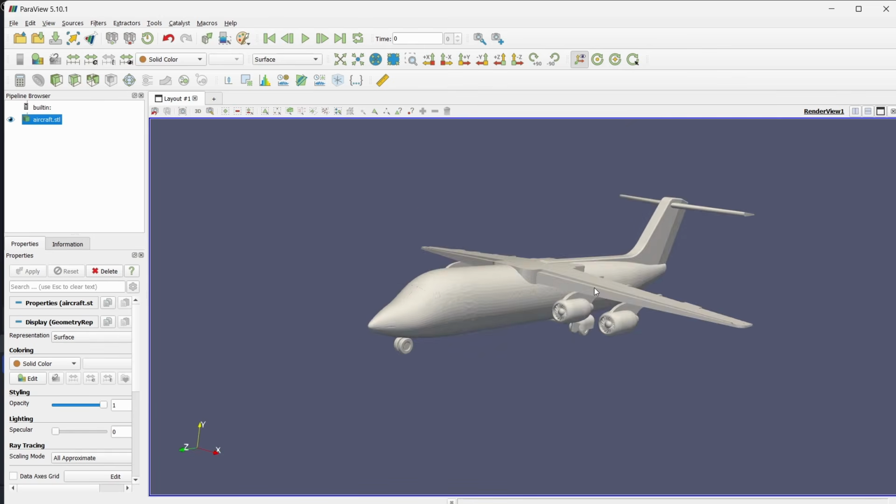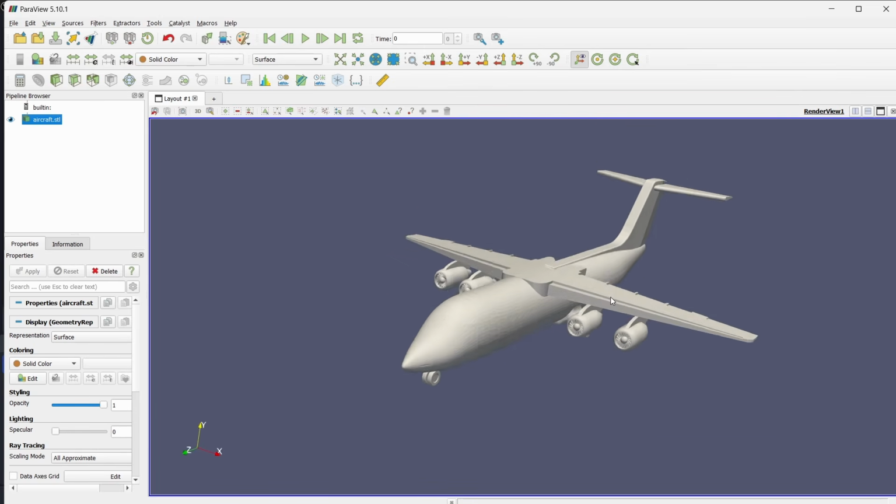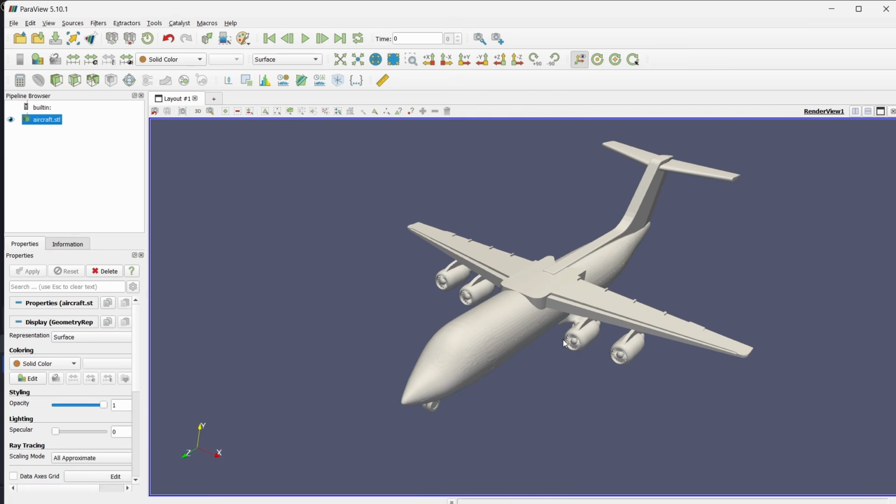This is a plane which I downloaded from GrabCAD. I will give you the link for the geometry. This file is in .stl format, and we are going to use snappyHexMesh to mesh this geometry. I mean, the flow around this plane is the case. I'm not going to run the case, but we are just going to see how we can generate the mesh